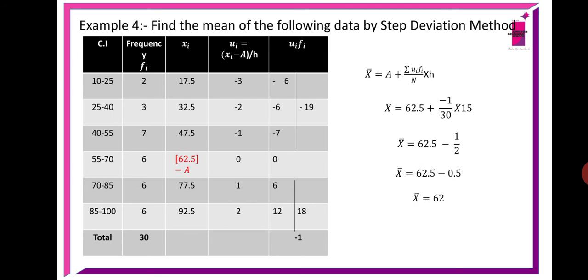So these are the three methods. You have seen the same example with three methods. The solution is the same, but for calculation with huge numbers or decimal numbers, when you use the step deviation method, it gets very easy. Now it becomes single digit calculation. If the class intervals are huge, you can convert them into single digits by the step deviation method. Always it will be 0, minus 1, minus 2, minus 3 and 1, 2, 3.